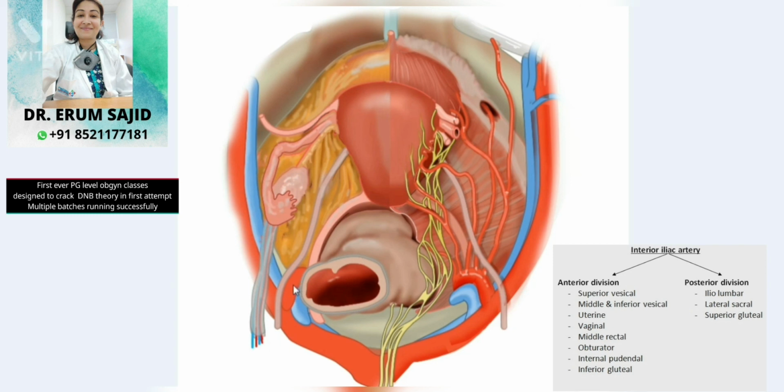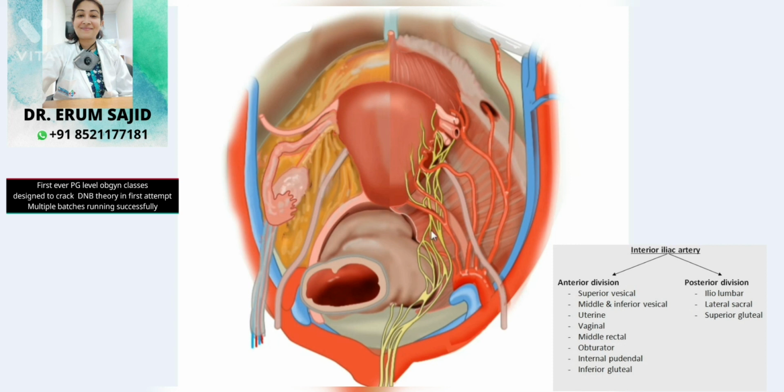So the applied anatomy of this is not so important unless, of course, you're talking about this area where the ureter is crossing it. But we gynecologists, we don't need to venture in this direction. Hardly we do. So if at all applied anatomy is important for the internal iliac artery, it's just this, nothing else. Otherwise, this area is very important. So that was all about the internal iliac artery course.